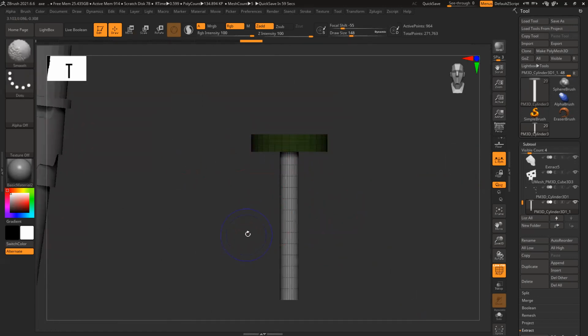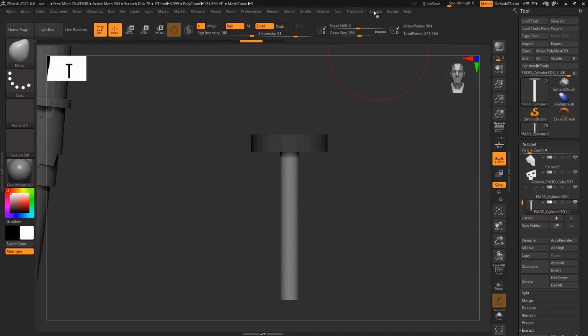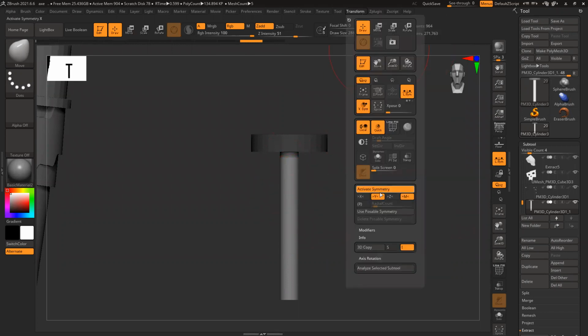Then Shift F, that angle I have to create. And symmetry should be not X, it should be Y. No, not Z. Z only, sorry.